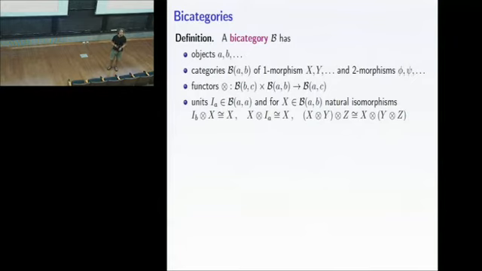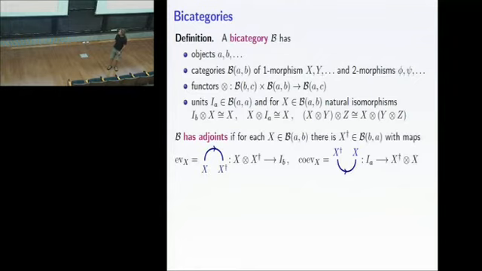But just a plain bicategory is not enough in order to describe topological field theory. You need more. In particular, since we have oriented defects, it's to be expected that there are adjoints. So we say a bicategory has adjoints if for every one-morphism X from A to B, there's another one-morphism in the opposite direction from B to A, called X dual or X dagger, together with maps from X tensor its dual to the identity, and then the other way, identity to the dual tensor X, which generalize the ordinary evaluation and co-evaluation maps for finite-dimensional